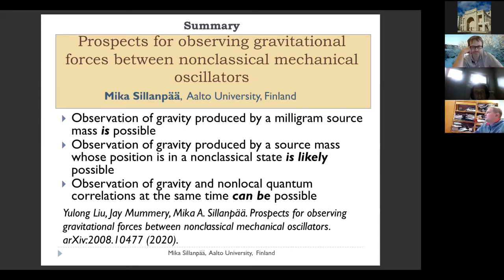Hey Mika, thanks for the very interesting talk. You did give good reasons and nice experiments where you could observe the effect of gravity on quantum states as well. In some of the cases, you said that the result is boring. It's just adding a potential term to the Hamiltonian. And I guess my question here is